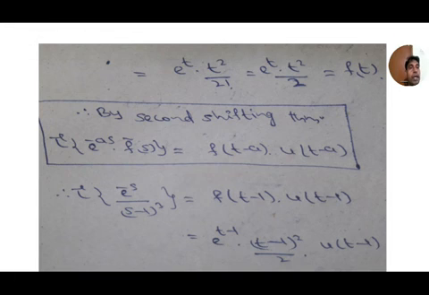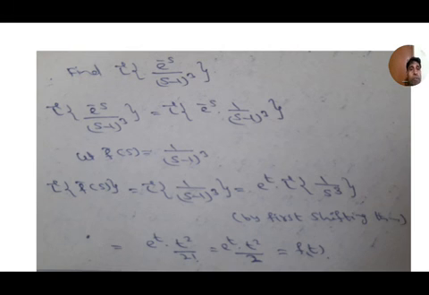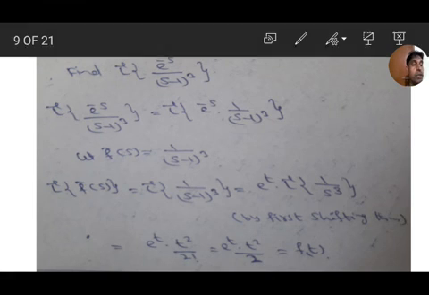Over. In this, we calculated f bar s. We took f bar s equal to 1 by s minus 1 whole cube, and its inverse Laplace transform, L inverse of 1 by s minus 1 whole cube, using the first shifting theorem, is e to the power of t into L inverse of 1 by s cube. And L inverse of 1 by s cube, by the formula t to the power of n minus 1 by n minus 1 factorial, we get e to the power of t into t square by 2.